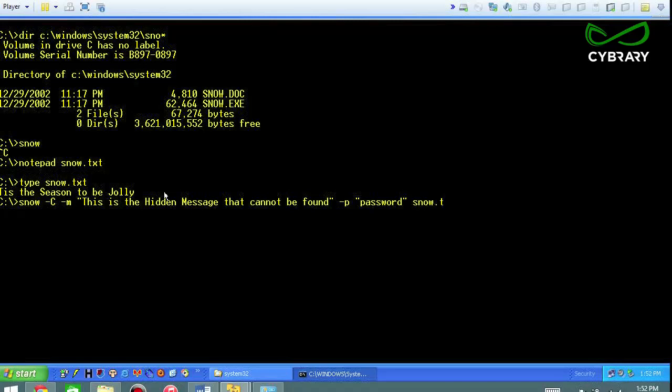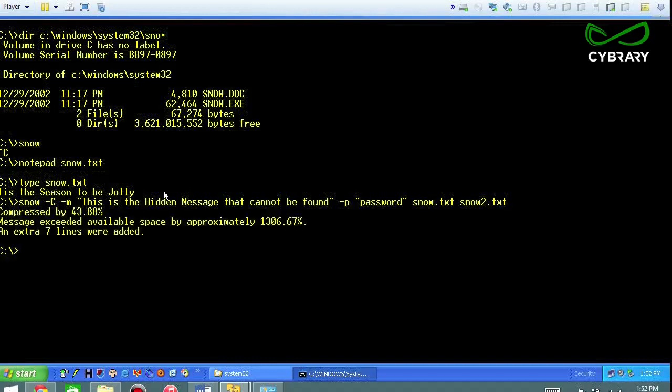In this case, snow.txt, and we're going to give it a new destination for the stego file, which is snow2.txt. You could realistically name it anything you want. It'll work just fine. So just to distinguish, snow.txt is the original file that we created that has some information that effectively is going to be copied to snow2 along with the hidden message that will be embedded within snow2.txt. So we basically have a source and a destination, or snow, which is the carrier file, and then snow2, which is the stego file. And we'll go ahead and hit enter here, and it'll say compressed by